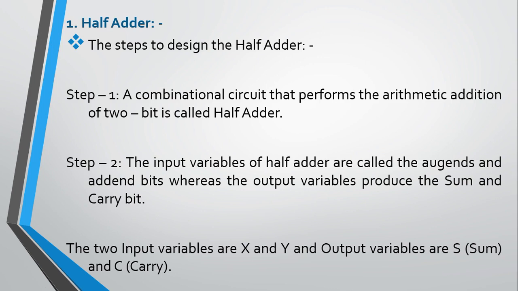input and two output. The input is referred to as operand, meaning A and B variables. Sum and carry are the output variables which can be denoted using S and C. Is that clear to everyone? So here the two input variables are X and Y. You can take any one. If you want to take A and B, then it's okay. Over here in our example, we have taken variables X and Y. The output variables are S for sum and C for carry.